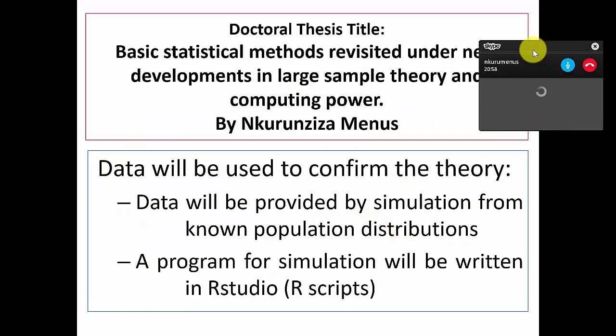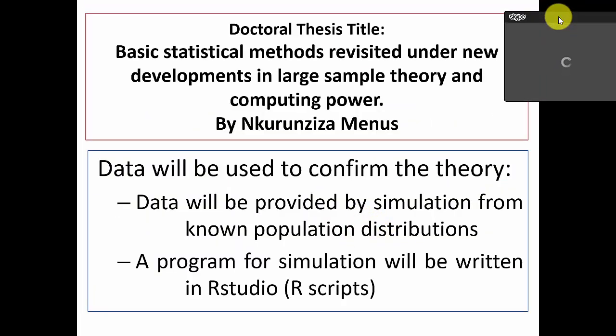Yeah. Okay. My thesis is about to revisit basic statistics, method new developments in large sample theory and computing power. In this test,